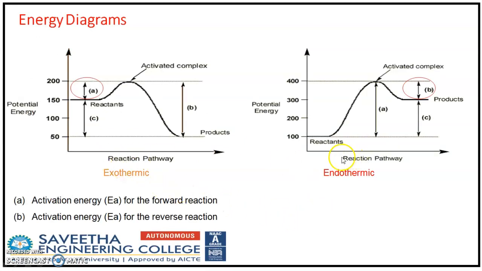And these are the energy diagrams for the activation energy of a forward reaction. For the forward reaction, the delta H value is exothermic. The forward reaction occurs with the release of heat, so it is called an exothermic reaction. For an exothermic reaction, the value of delta H is negative. And this is the activation energy of the reverse reaction. The reverse reaction occurs by taking up heat, so it is called an endothermic reaction. For an endothermic reaction, delta H is positive. So this is the activation energy of the forward reaction and its enthalpy, and this is the reverse reaction and its enthalpy change.